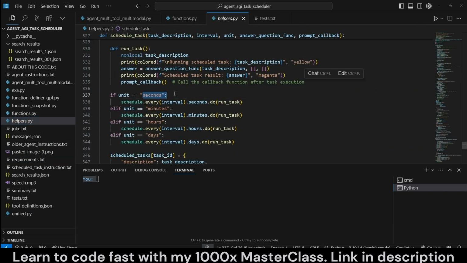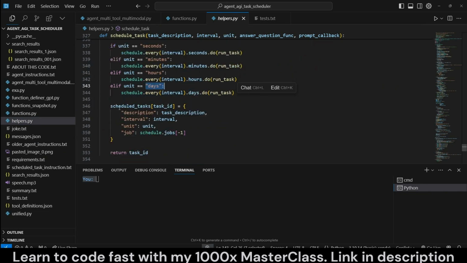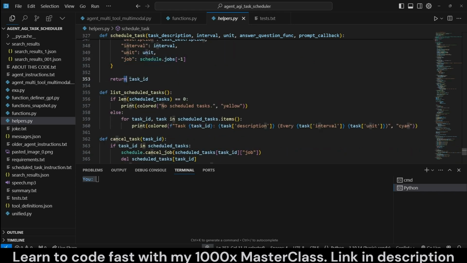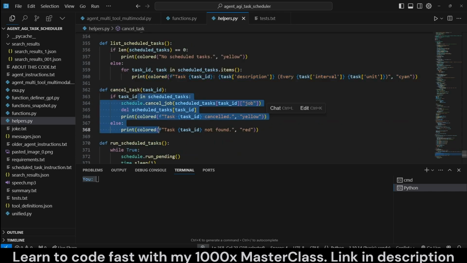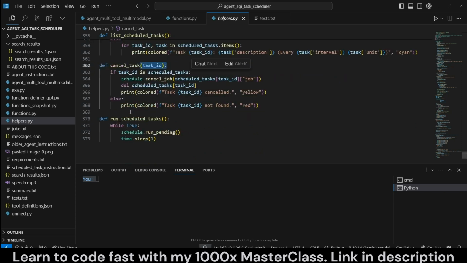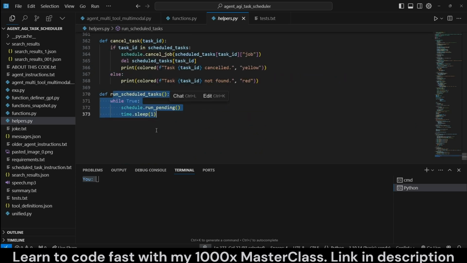Here, we are deciding—the scheduler actually has a really nice input for every so many seconds, minutes, hours, or days. And then here's going to be the scheduled task dictionary with the description, interval, unit, and a job ID, and that's just going to return the task ID. The list scheduled task function is going to look into this dictionary and print them. Cancel task is to take in a task ID and then cancel it, and then run scheduled task is just